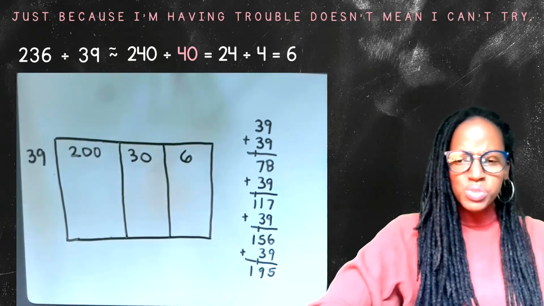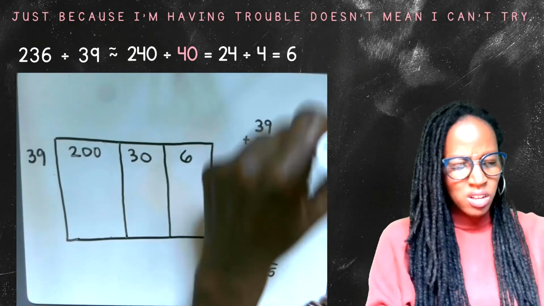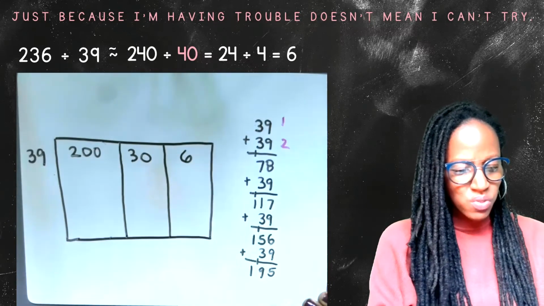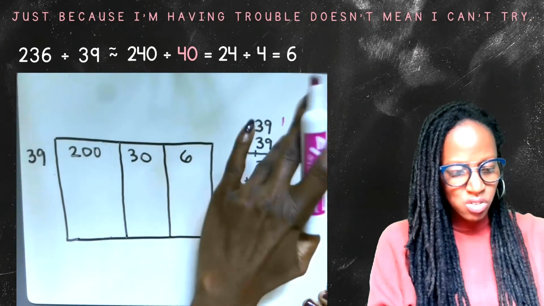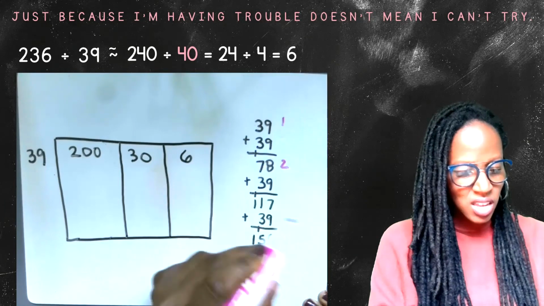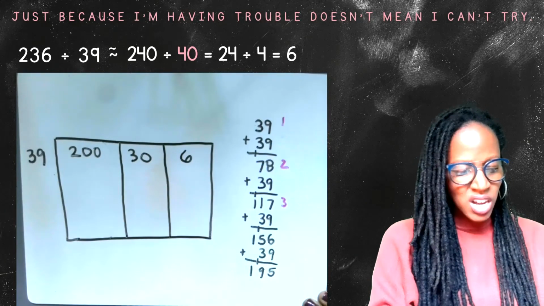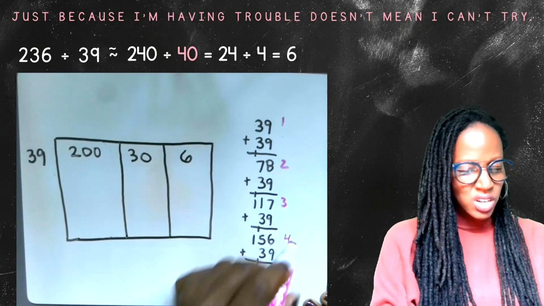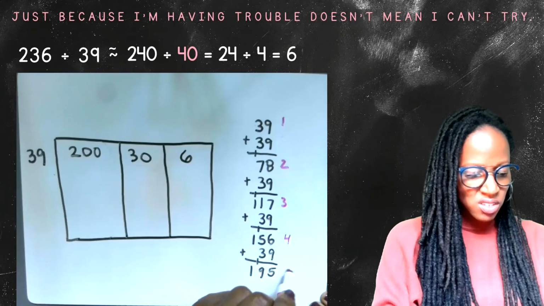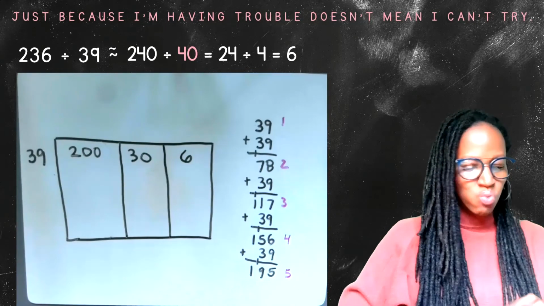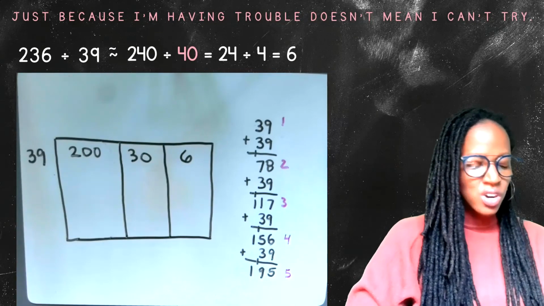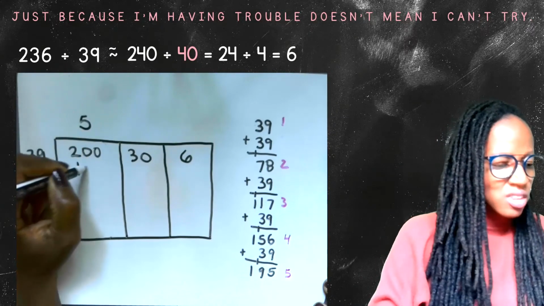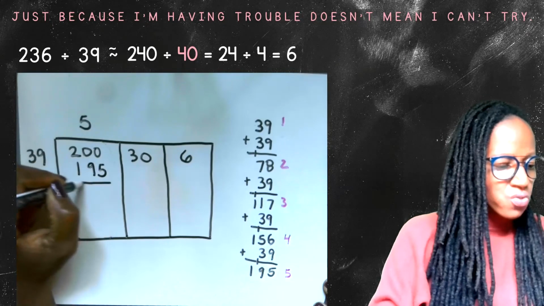Well, how many groups of 39 is that? Well, this is 1 group of 39. 2 groups of 39 would be 78. 3 groups of 39, or 3 times 39, is 117. 4 groups of 39, 156. 5 groups of 39 would be 195. So I'm going to first put my 5 groups of 39, and I'm going to subtract the 195 from my